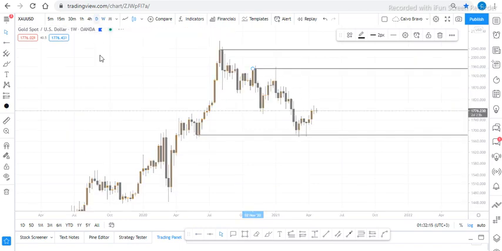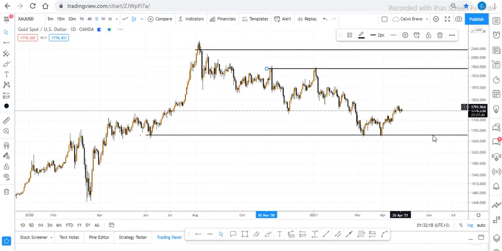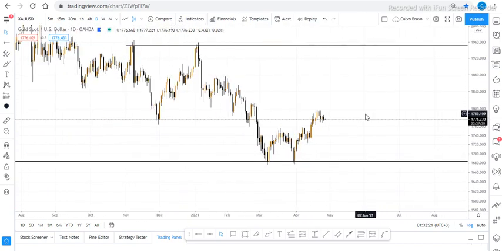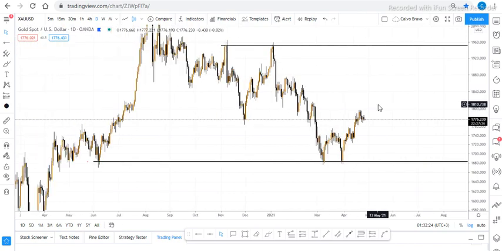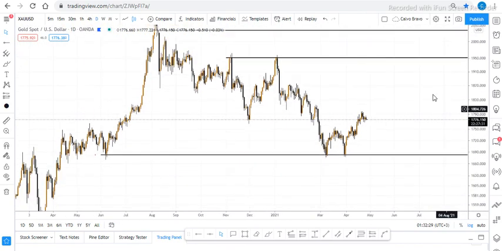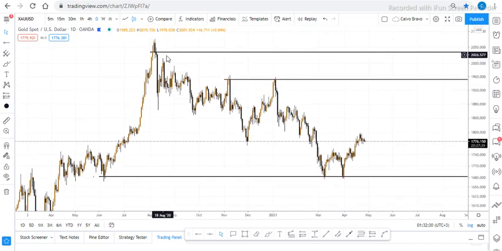So if we go into daily time frame, this is what we get in daily time frame. This is what we get. So we see these are the levels we want price to advance to. We have this level and this level too, but